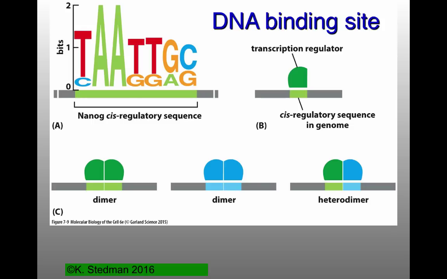Also, each of those alpha helices is usually going to interact with 5 to 6 base pairs. 5 to 6 base pairs, particularly in a large genome like ours, is not going to be enough specificity. So you need those two to get high enough specificity, and that would even be in the case of a homodimer. You need to have that binding specificity.